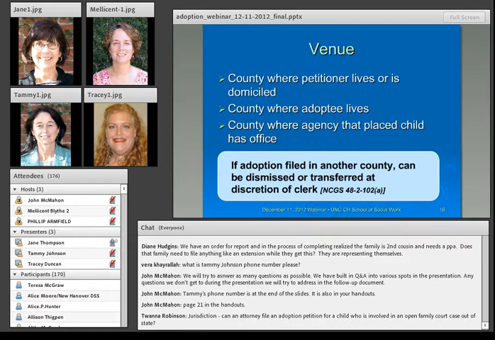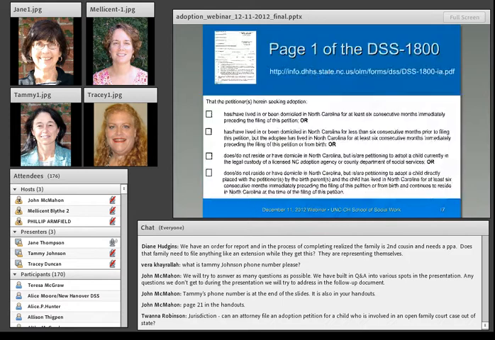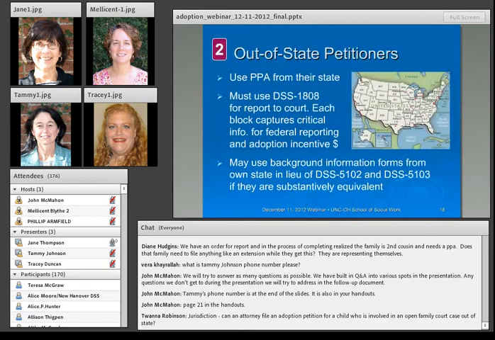And I have certainly talked in those situations to County Y and County Z about feeling like either one of those would be fine, even though they may not actually be in that county at this moment. So I think we do need some flexibility with those situations. Clicking past this again, just another reminder that because we do allow out-of-state petitioners more frequently now, you will be seeing the pre-placement assessments from their state. We have no form for pre-placement assessments anyway, so whether it comes from North Carolina or another state, you need to make sure it's meeting the requirements in